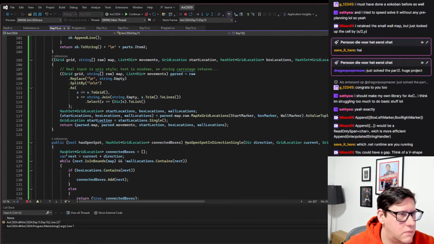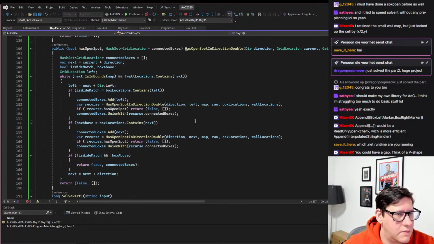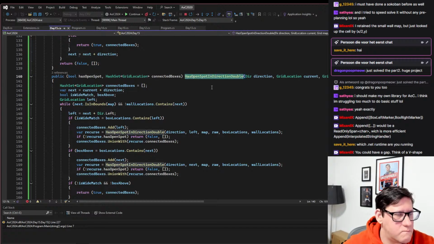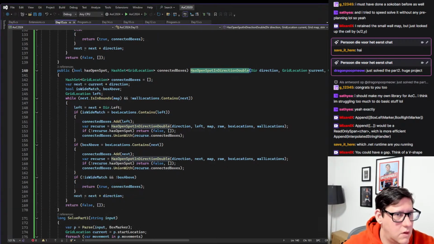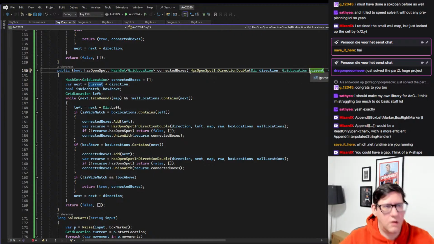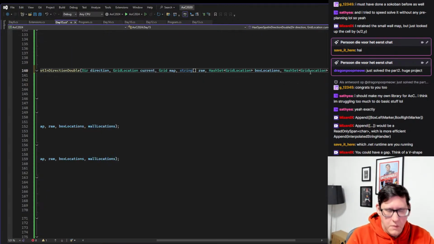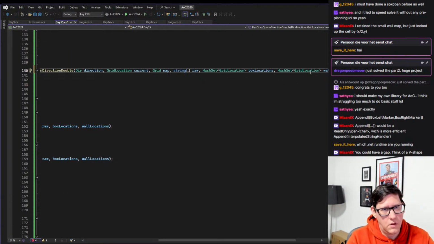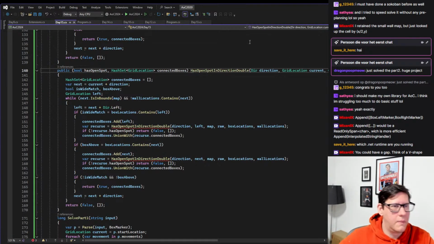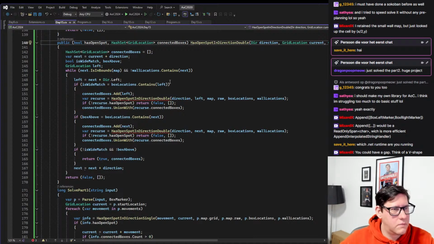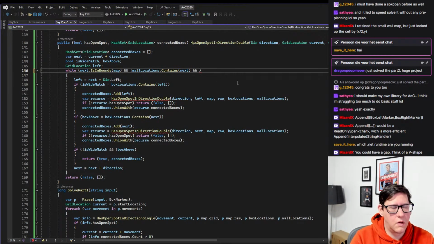Yeah, that's correct, because this one needs to know if it is a wall or not. Bool current is box, right? Not current is box, or